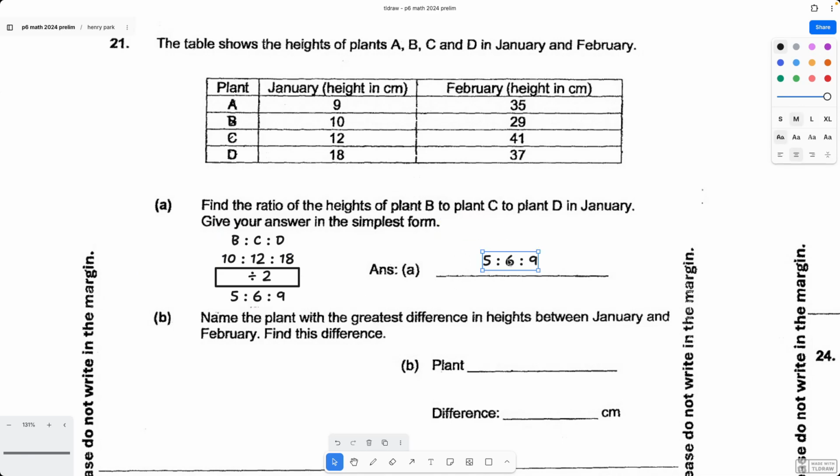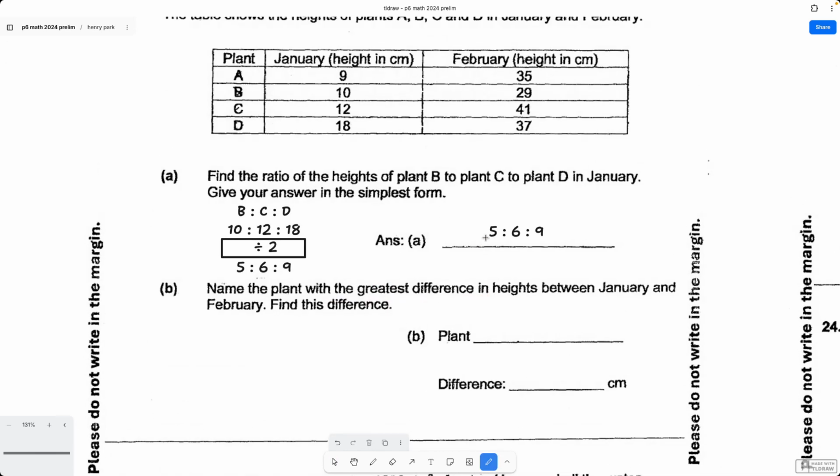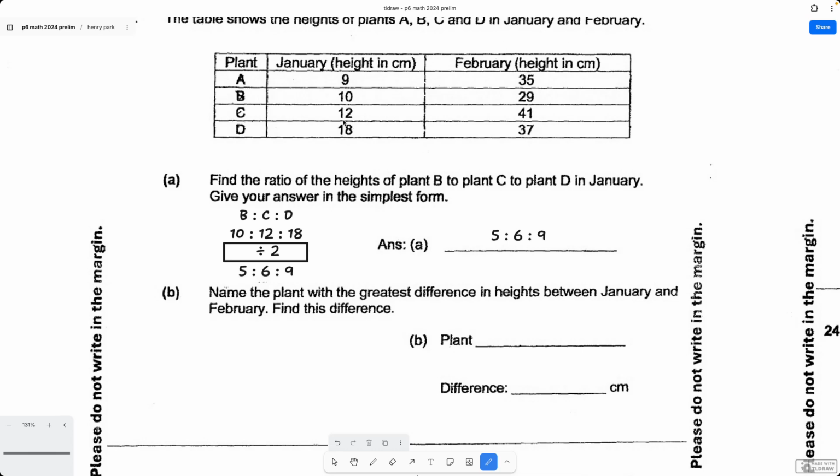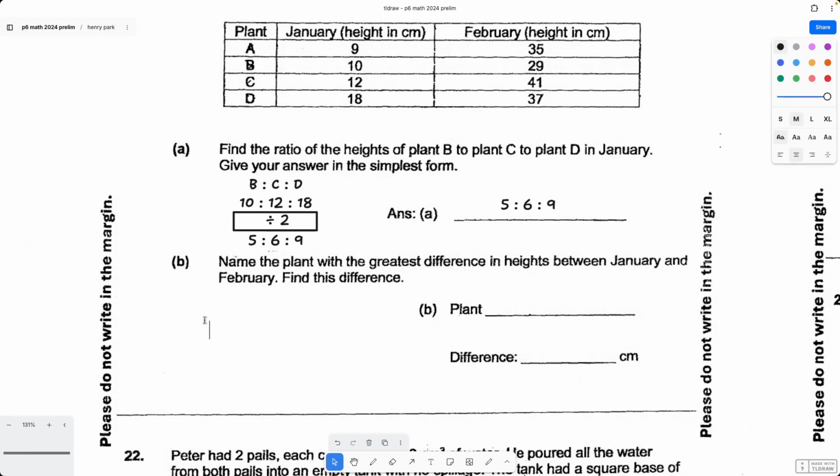Okay, let's move on to part B. Name the plant with the greatest difference in heights between January and February and find this difference. So you want to see the difference, right? Okay, I'm just gonna put it like this, right? So